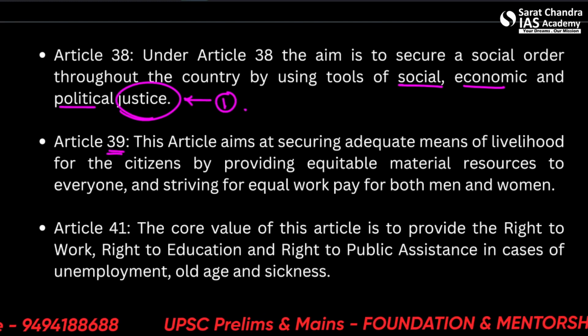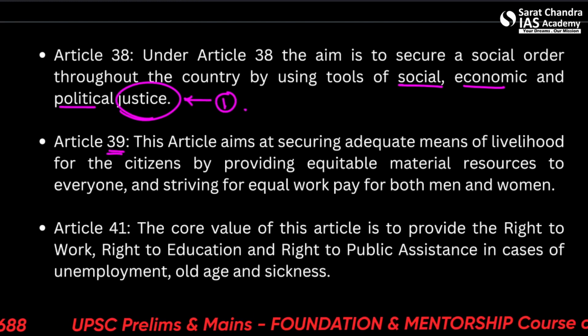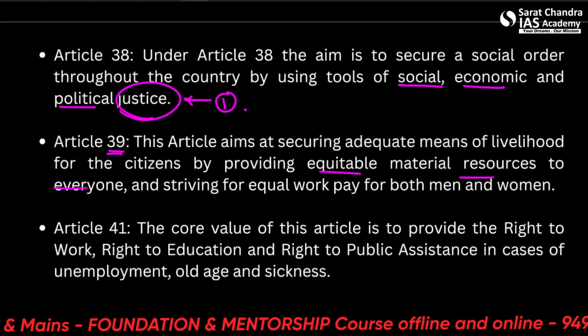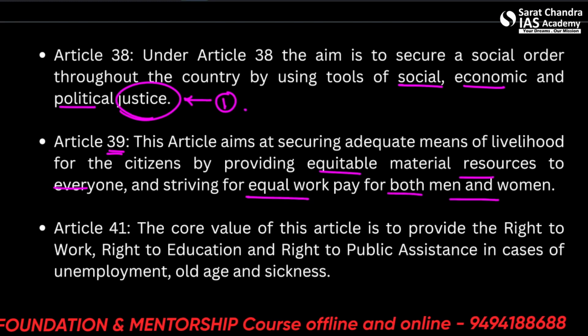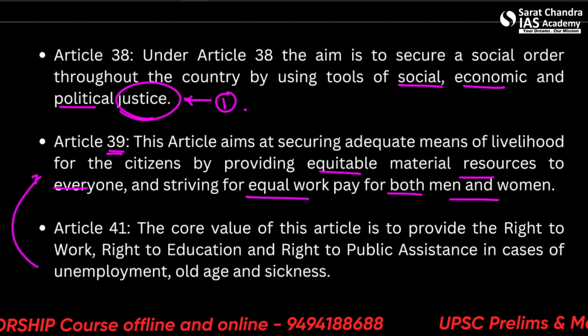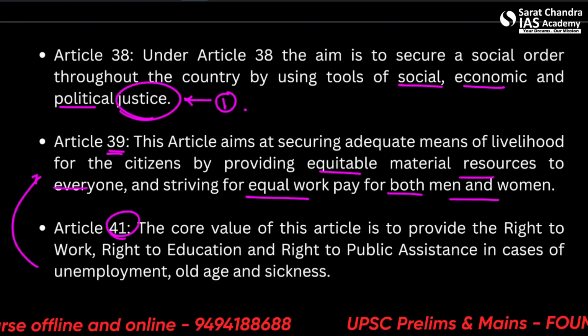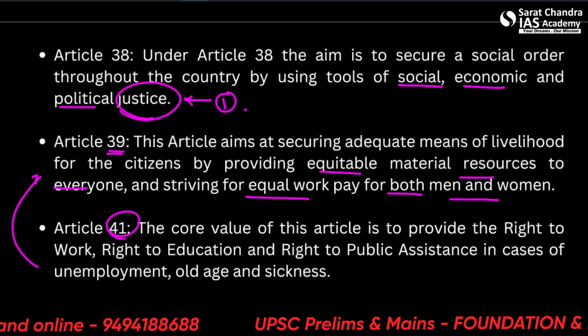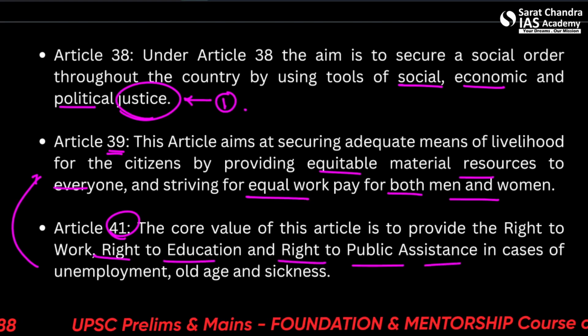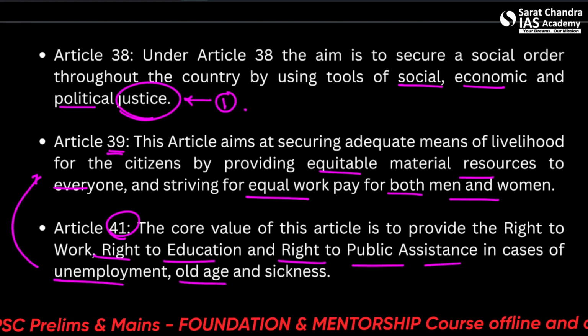Second, Article 39 aims to secure adequate means of livelihood for citizens by providing equitable material resources to everyone and striving for equal pay for equal work for both men and women. So this is equality in opportunity and status. Same as this, the core value of this article is to provide the right to work, a right to education, and the right to public assistance in cases of unemployment,